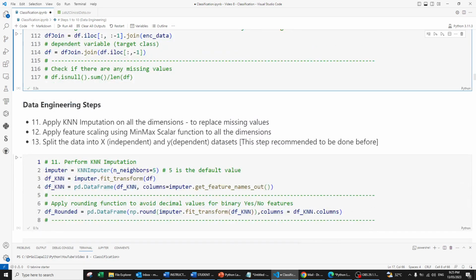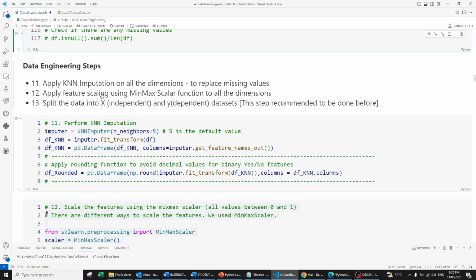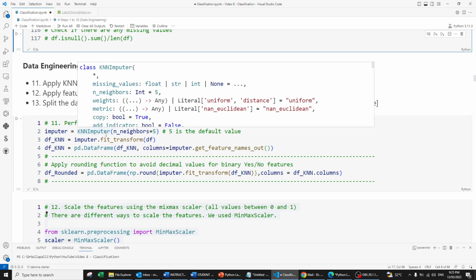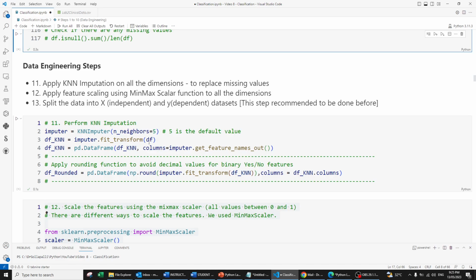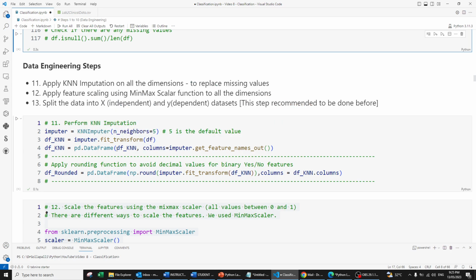Again, there are additional steps, which is called KNN imputation. Now, what is KNN imputation? I have already explained this in my previous video. It replaces any kind of missing or unknown values by finding the closest nearest neighbors, and it tries to replace the null values with the most suitable value. Now please go through my previous videos on how to apply this KNN imputation,